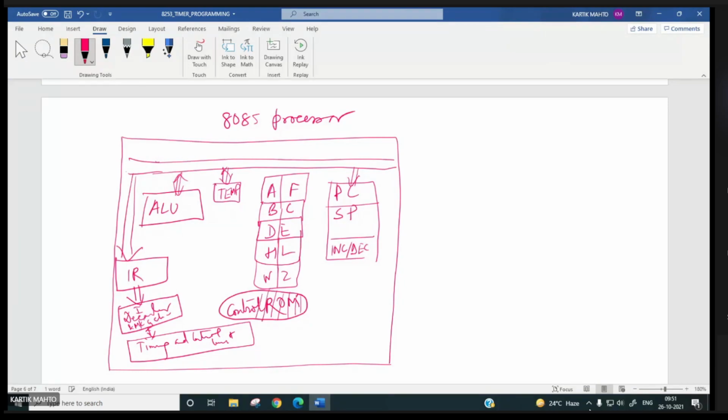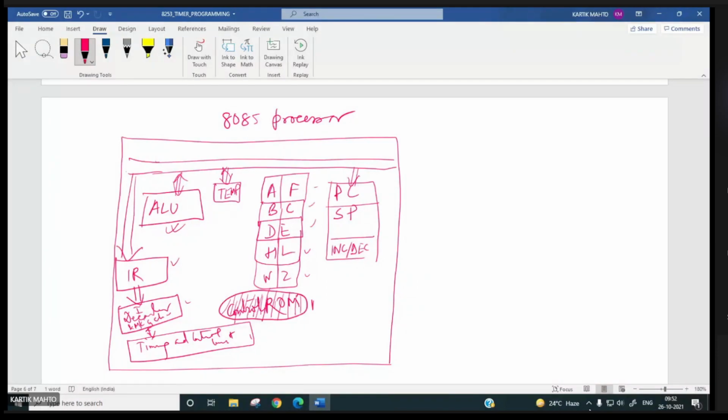So inside this 40-pin processor, we have registers, the arithmetic logic unit, and a control room, which is a type of memory.